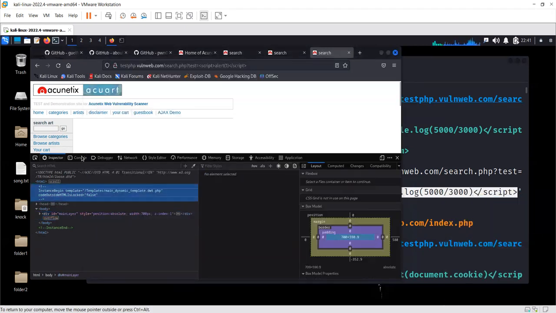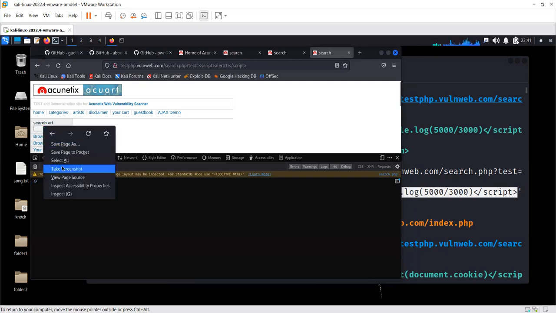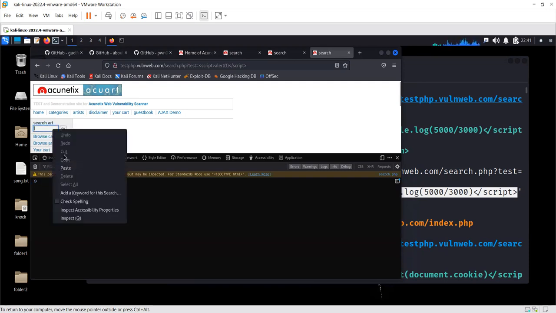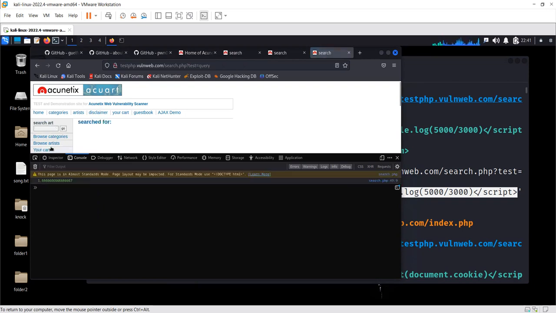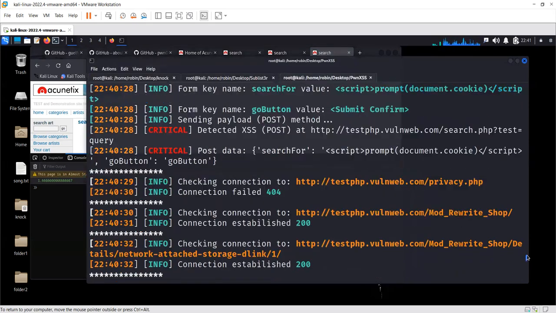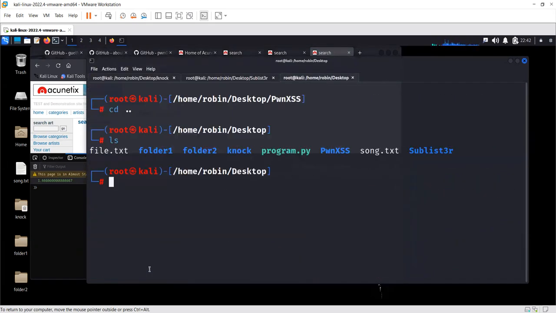Okay, here we stay in the console. Then if we test here and go, as you can see, the console is showing the output, critical findings here. As you can see, for cross-site scripting,